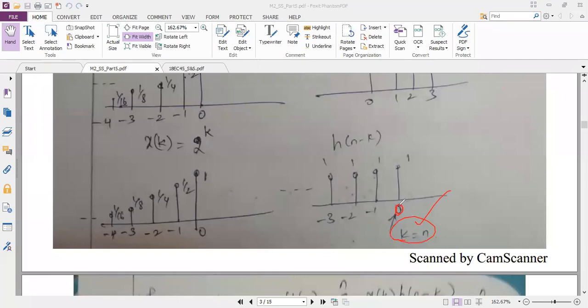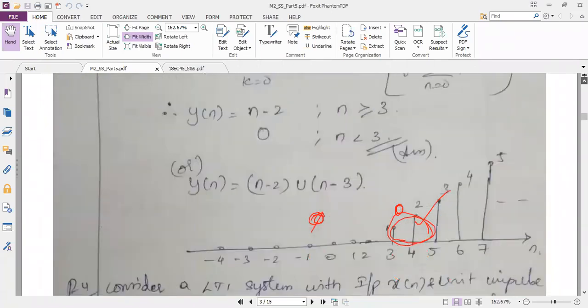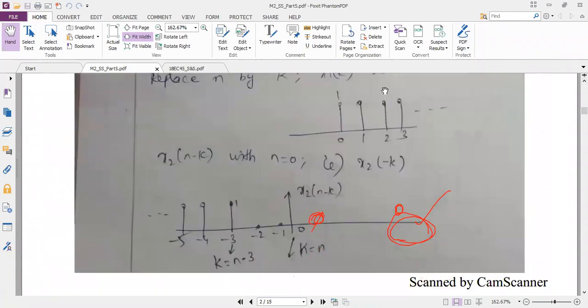So now, one more thing. In the earlier problem, I indicated at the origin k equal to n. So here also I'm indicating at the origin k equal to n. And one more indication I did in the previous problem, whereas here I cannot do it. I will show the previous problem, what else I marked. If I scroll up, you have to have a comparative study, otherwise you will not understand. Here I have written one more reference value of k, because from that reference value of k my samples started. So I have taken two different k values. One is at the origin, k equal to n, the other is from where the samples are starting, so k is equal to n minus 3.